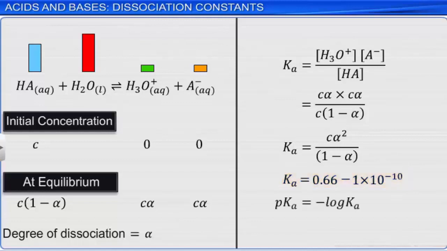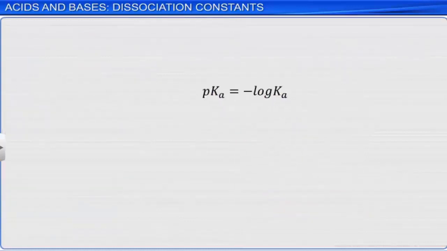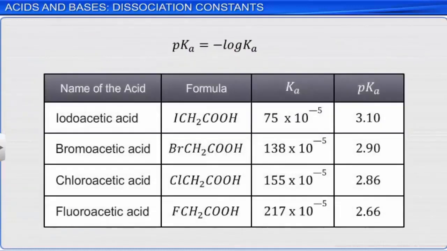It is expressed as pKa equals negative log of Ka. The stronger the weak acid, the higher the value of Ka, and the lower is the value of pKa. For example, among the halogenated fatty acids, fluoroacetic acid with a higher value of Ka and lower value of pKa